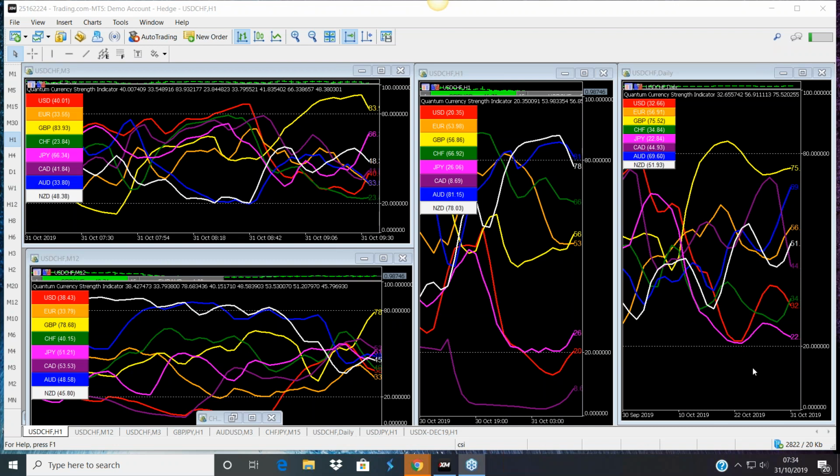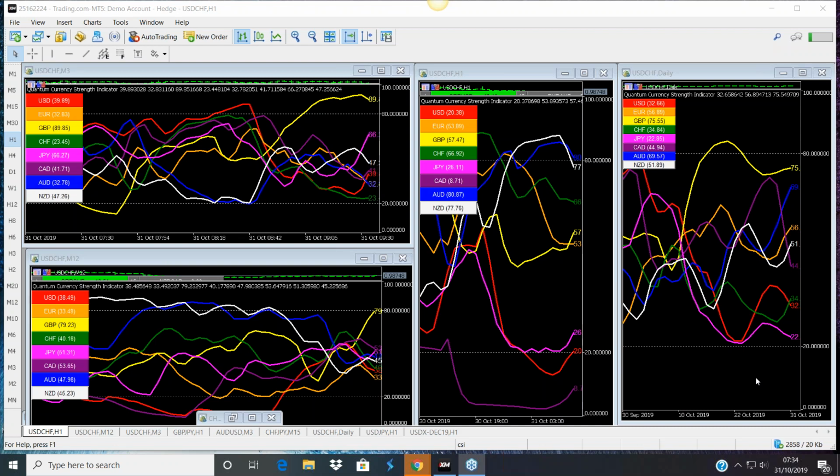Anyway, as always, we will start with the currency strength indicator to look at where the flows have been going, both overnight, longer term, and short term. The timeframes I have up at the moment are the 3-minute chart, the 12-minute, the 1 hour, and the daily, because we've got a really nice setup on some of the pairs we've picked out this morning, which help to explain